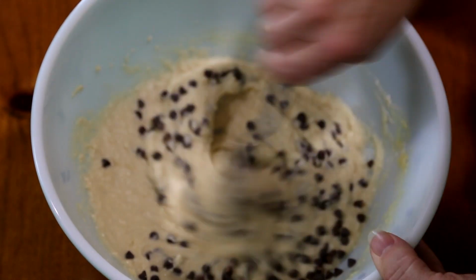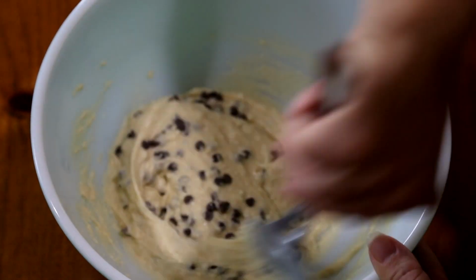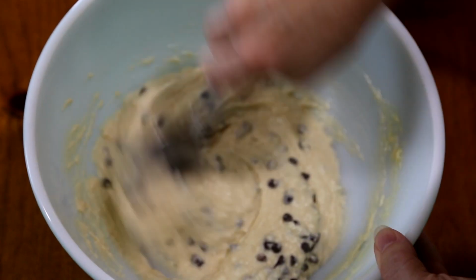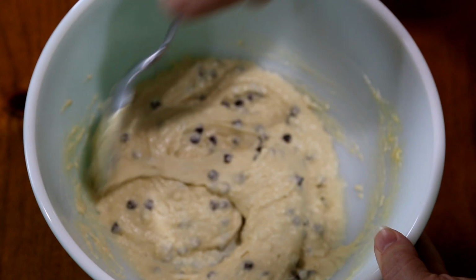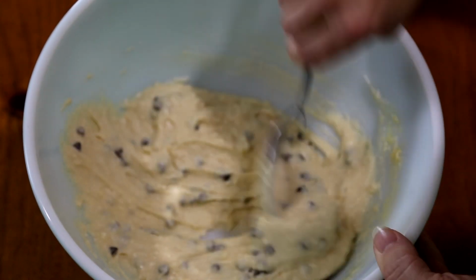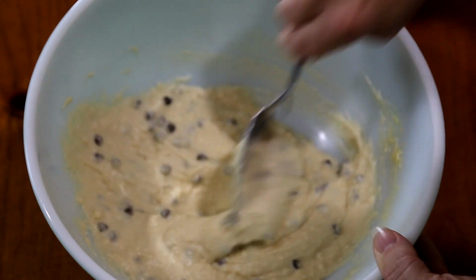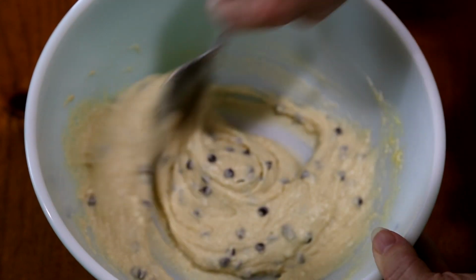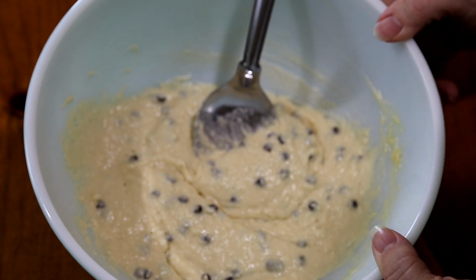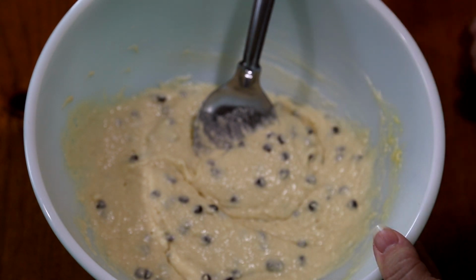You can use more or less. Now this is a recipe that you can add in blueberries, or you could make them like cinnamon raisin muffins. You could make a crumble topping for it if you chose. Okay, so there is our mix, and now it's time to get in our tray and to see how many